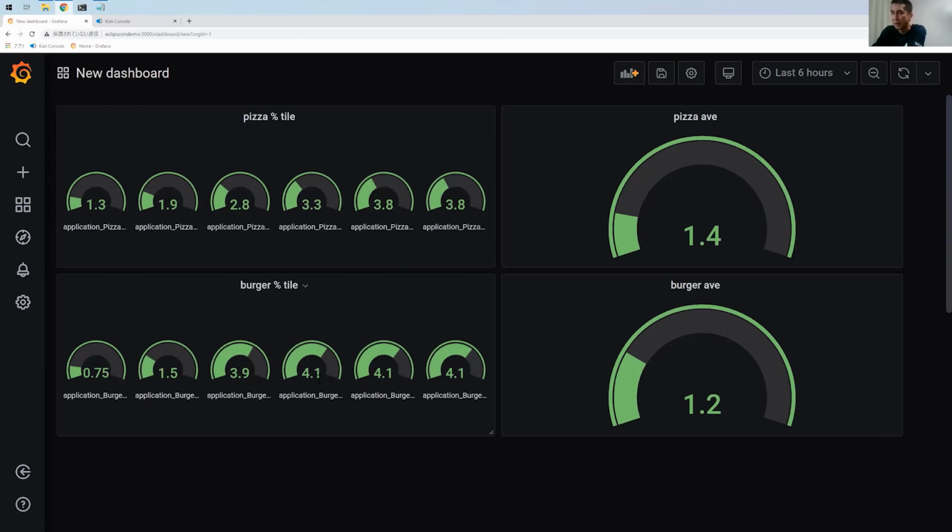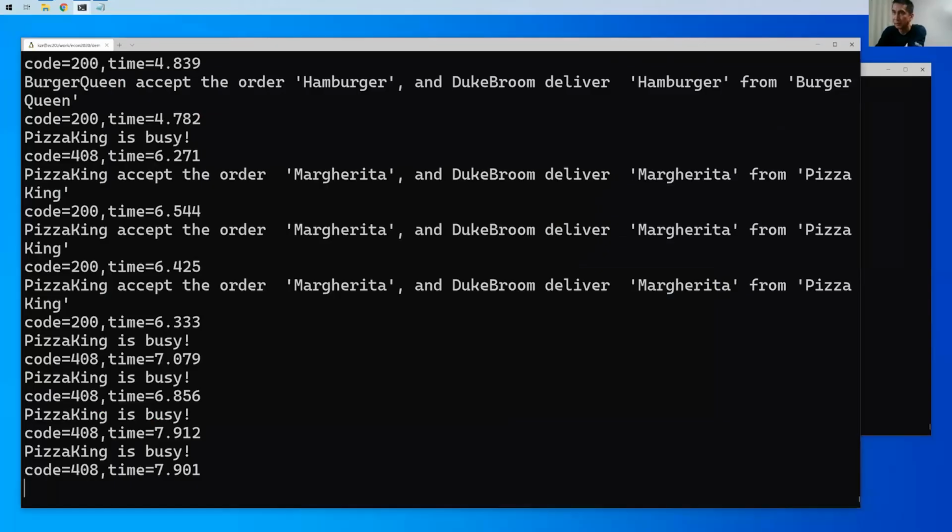But the problem is here. The burger response time is also very bad. Although burger has no bug, the response time is very bad. This means that the pizza service affects the burger service. In this case, we should use a circuit breaker.